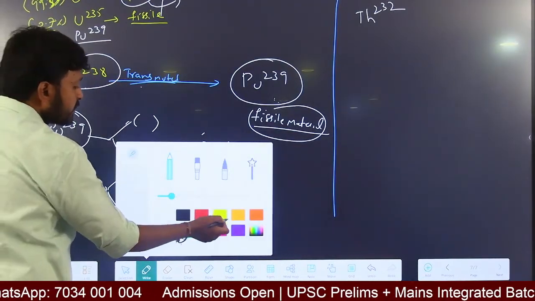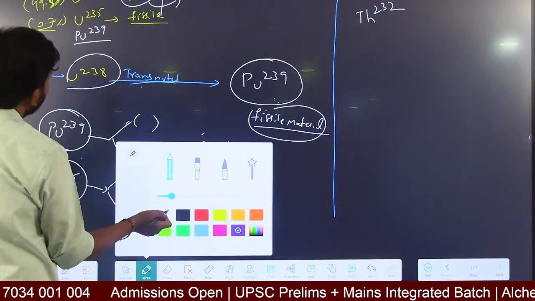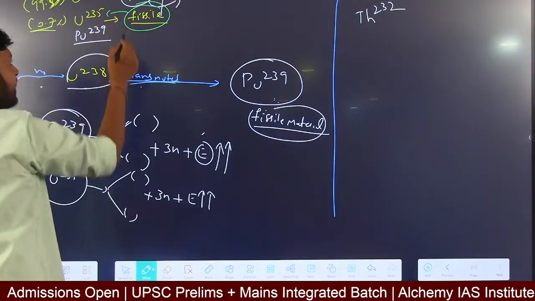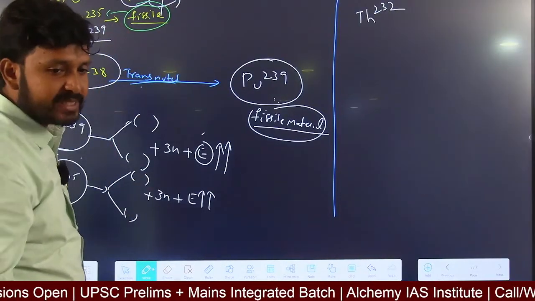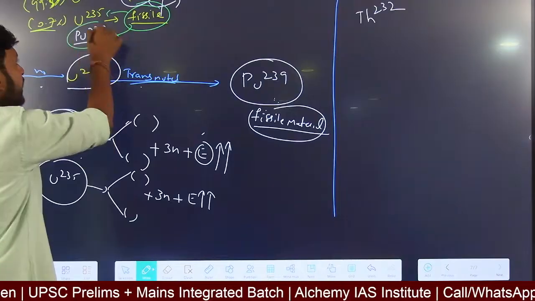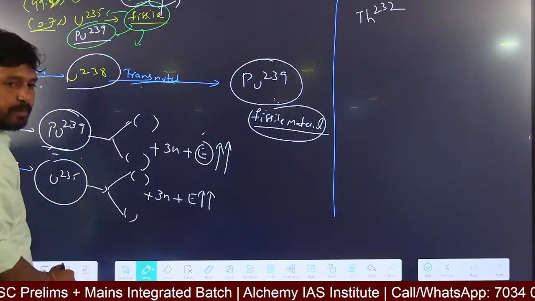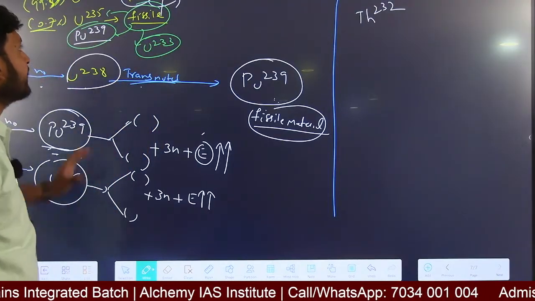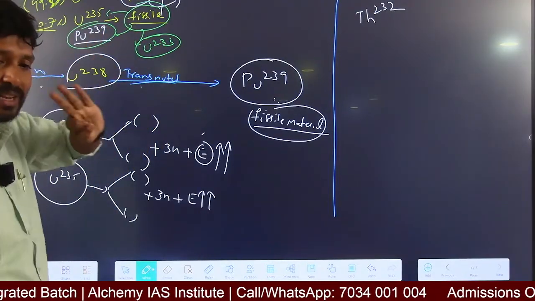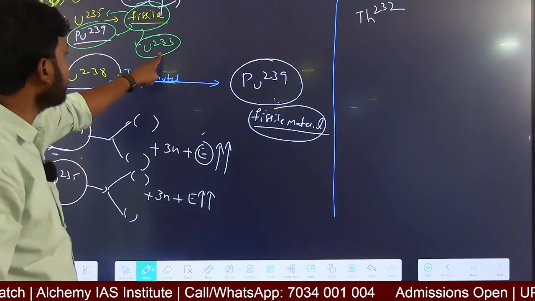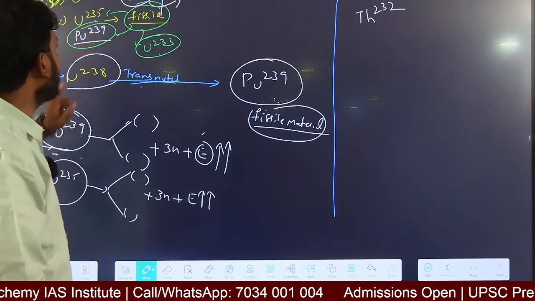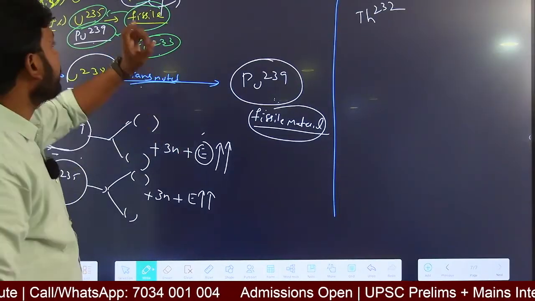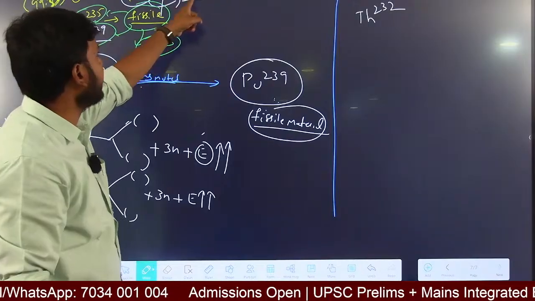And what are the two examples of fissile material? One, I told you, is uranium 235, and the second example is plutonium 239, and one more example is uranium 233. This uranium 233 is also a fissile material. So there are three fissile materials: uranium 233, uranium 235 and plutonium 239. These are the three fissile materials, and the two examples of fertile materials I have discussed are thorium 232 and